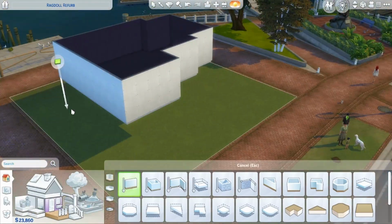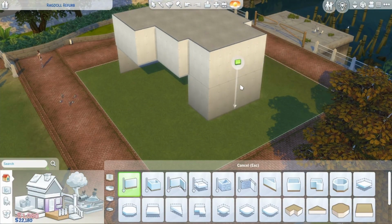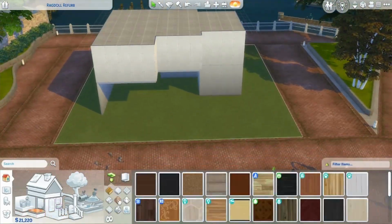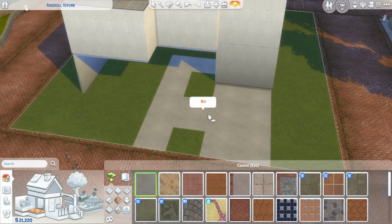in Brindleton Bay. Now, I don't usually build on these lots because I think they're really ugly and I can never figure out what to build on here, but I was really inspired by the family that I made